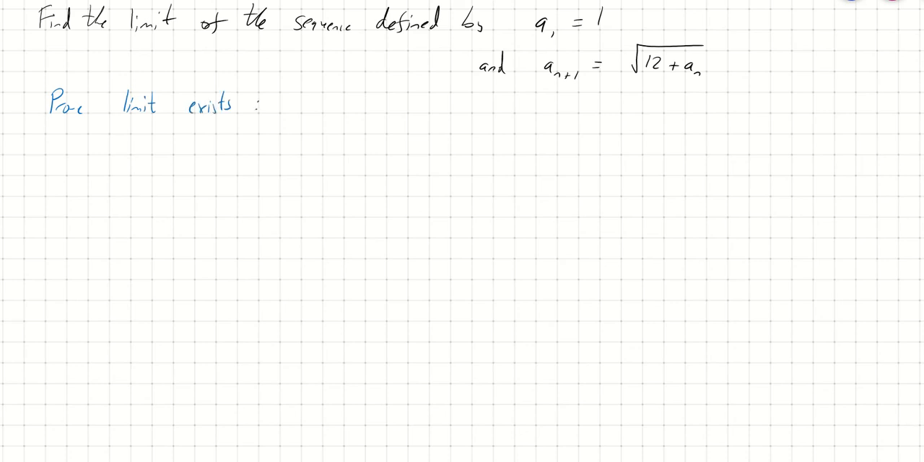One way to show that the limit exists is to prove that this is an increasing sequence and is bounded above. So let's do that. a1 equals 1. a2 equals, well, let's substitute in, a2 is root of 12 plus a1, which is root 12 plus 1 equals root 13, which is greater than a1. So a2 is greater than a1, and